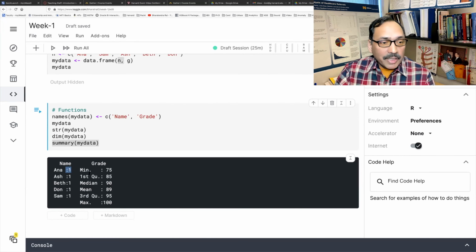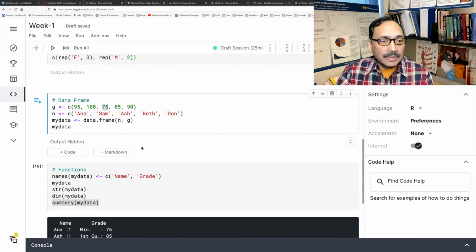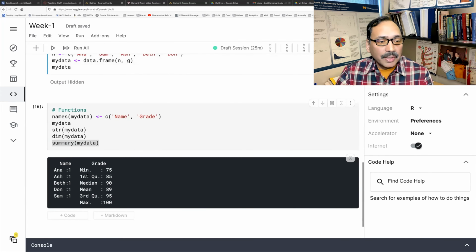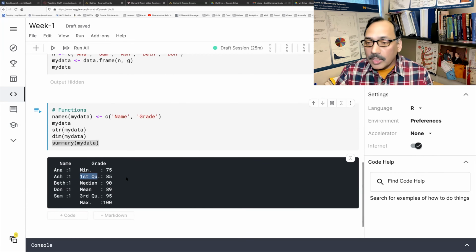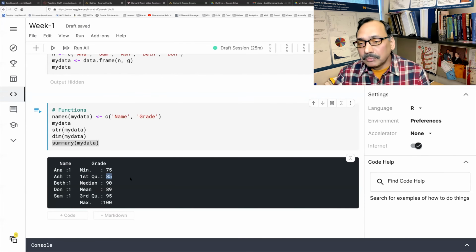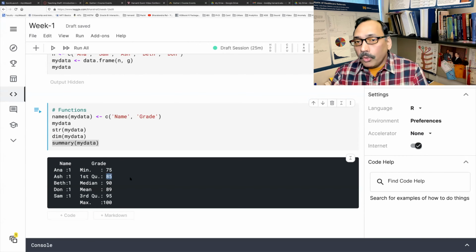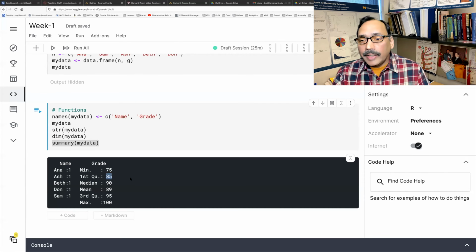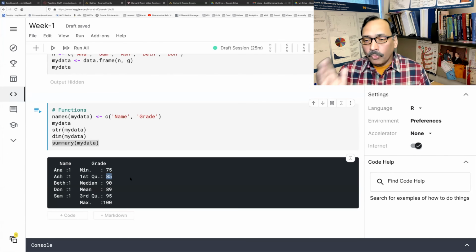But the summary function gives us the minimum grade. So it's 75. We know that. Here it is. Then it tells us the first quartile, which is 85. So what is a quartile? A quartile divides data into 4 quarters or 4 parts.